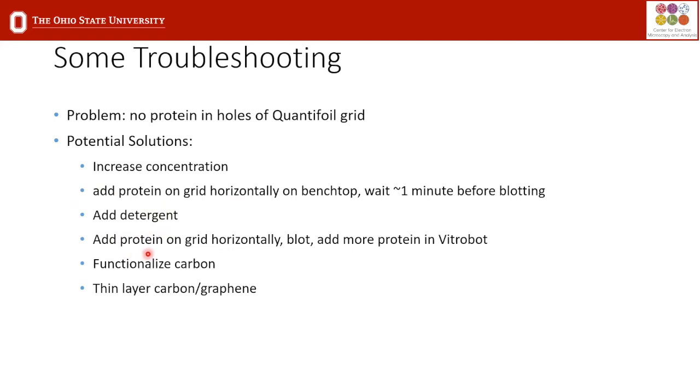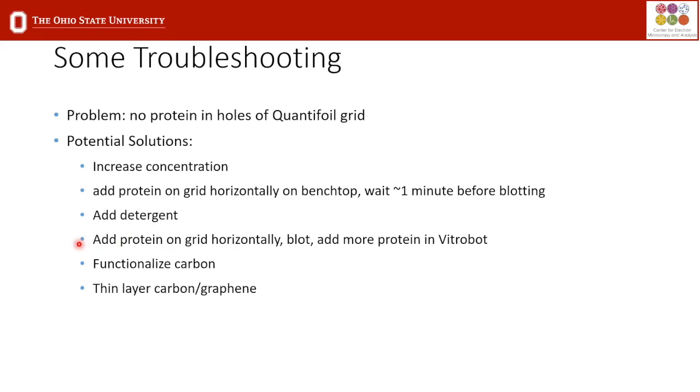Another thing that we've tested before and had some success with is adding the protein on the grid horizontally like this, blotting it, then putting the tweezers on the Vitrobot and adding more. Sometimes it works, but I caution users that this method does cause a lot of excess background, because when you blot and now you have these proteins that are drying, you end up with a lot of junk